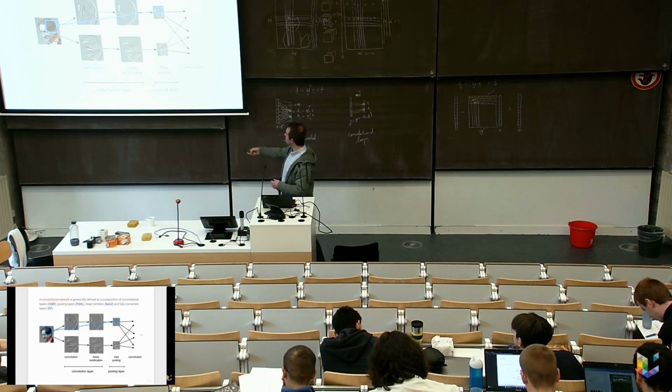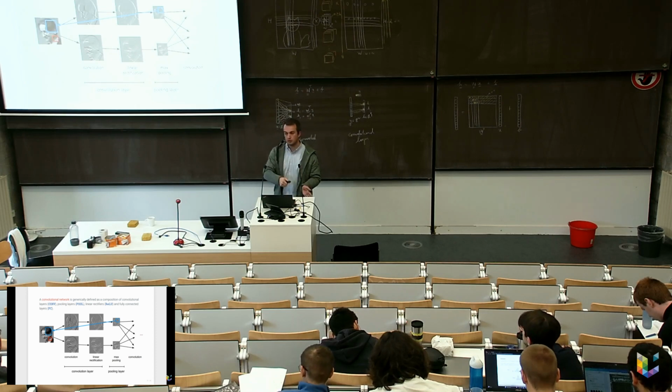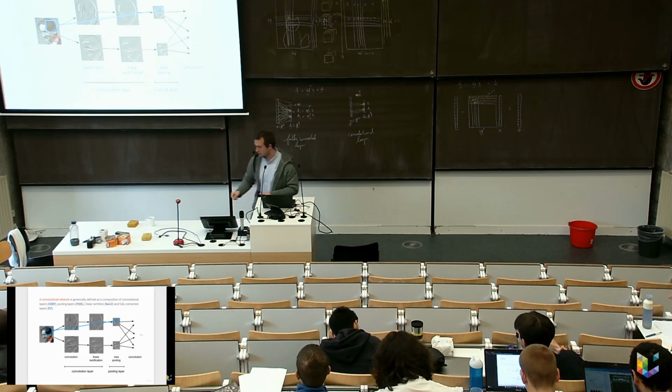And then what we do is that we continue in the next part of the network by having more convolutions and more linear rectifications and then more pooling layers. So